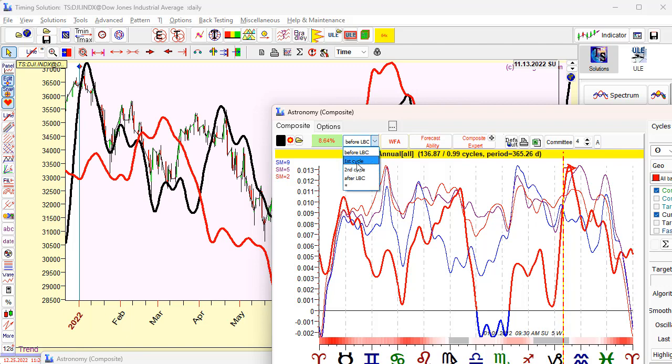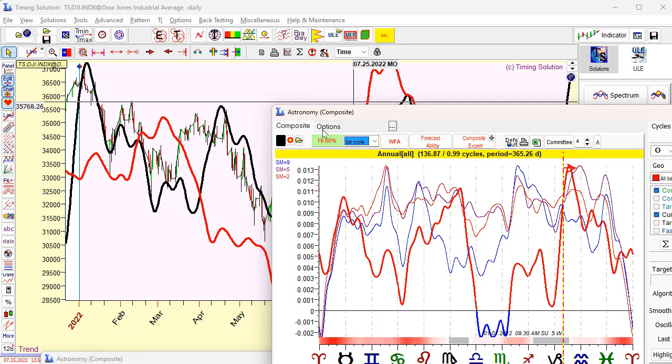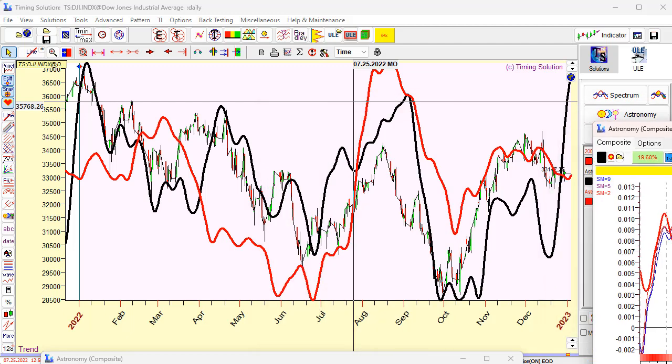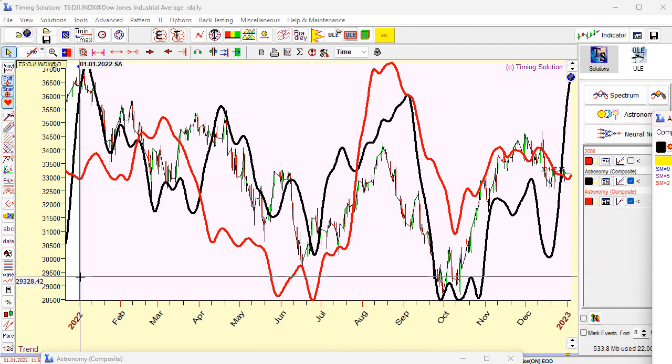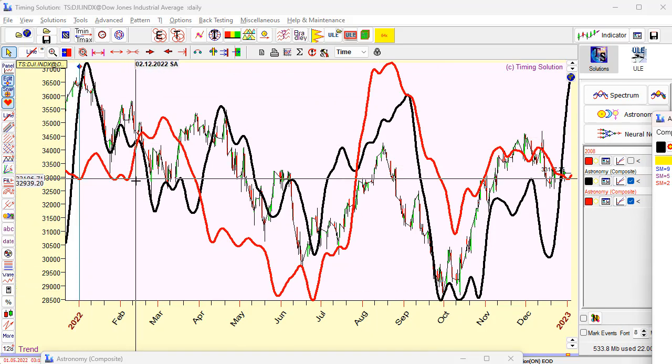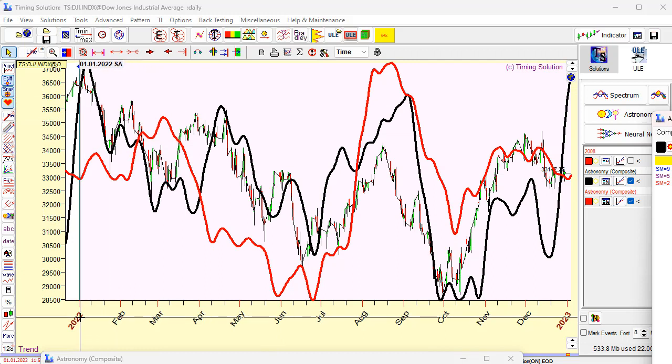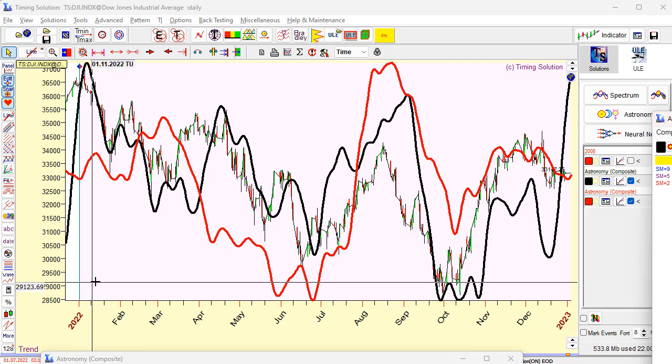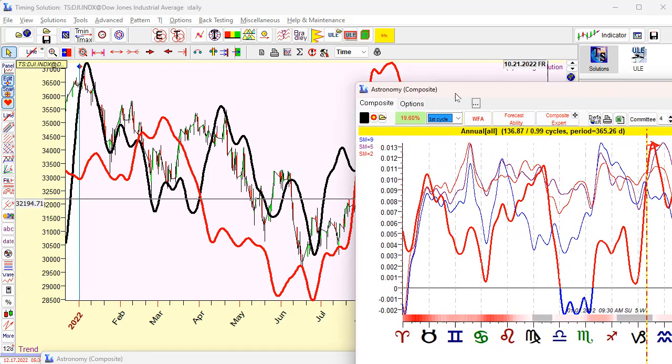One cycle after LBC is 1 year. So the program will calculate the correlation between the black classical annual cycle and price for 1 year since 2022. In other words, the correlation for year 2022 is